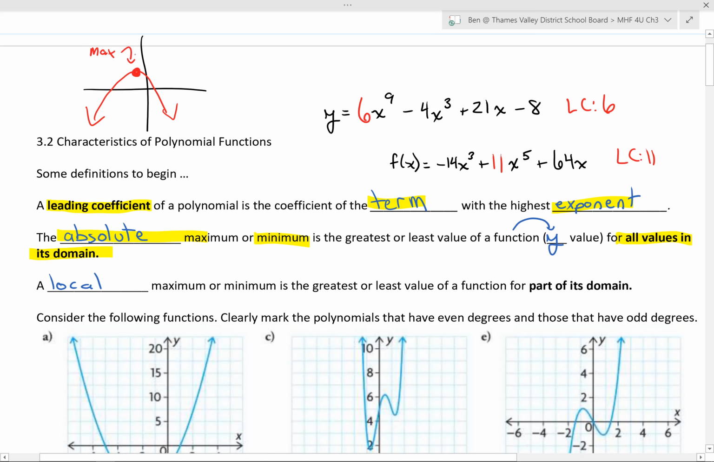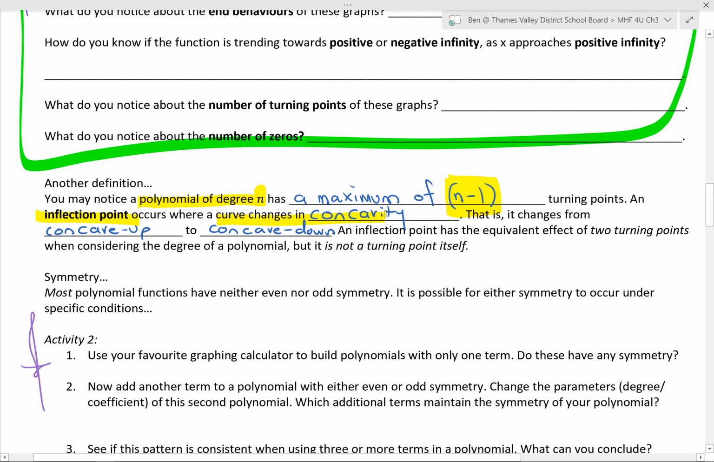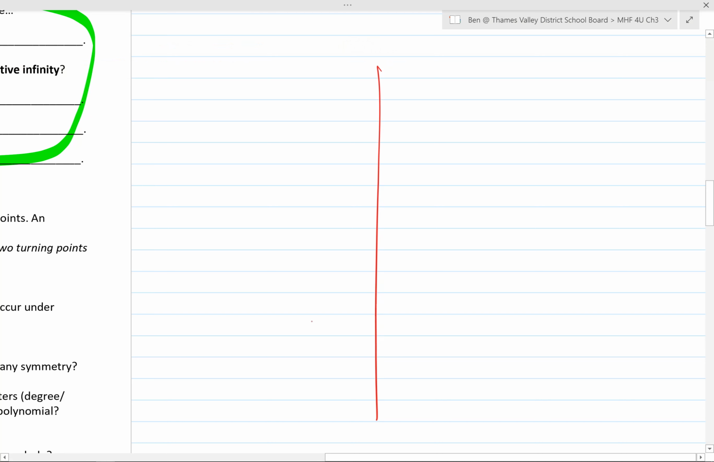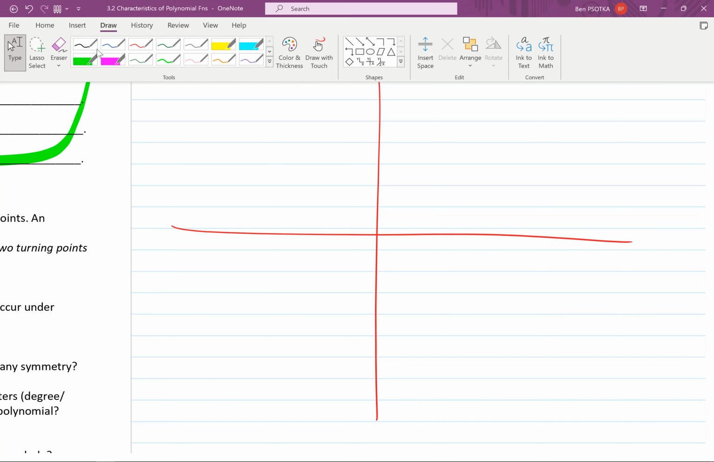Okay, now an inflection point can occur in some of our polynomial functions. An inflection point occurs where a curve changes in concavity, and that might be a little bit of a new concept for you. That is, it's changing from concave up to concave down. So let's say we're working with a cubic function here. If I have a cubic function that looks like so,